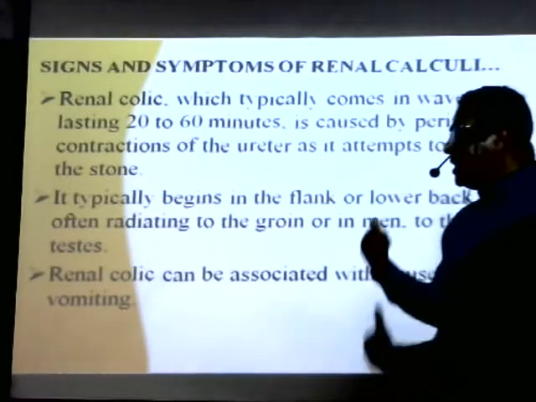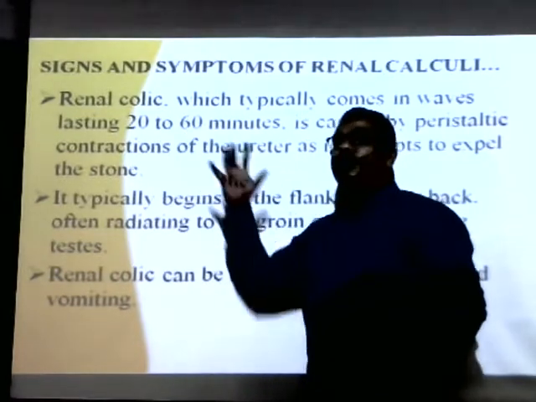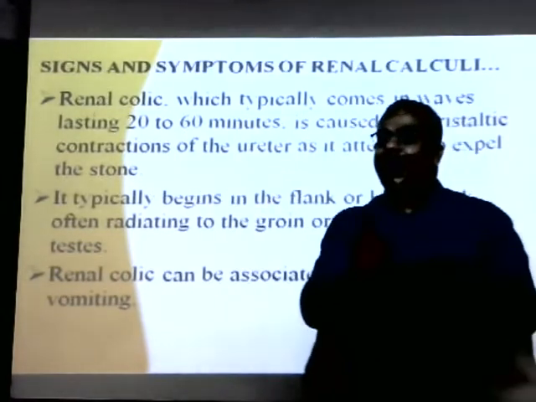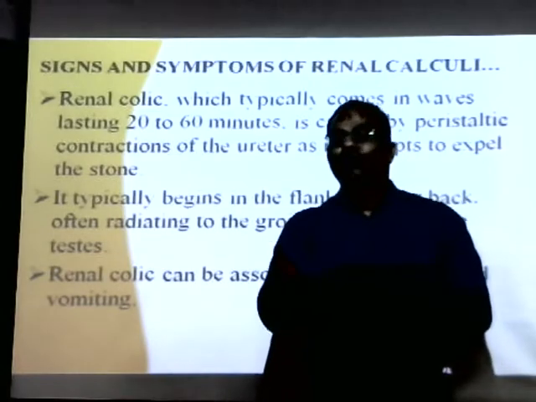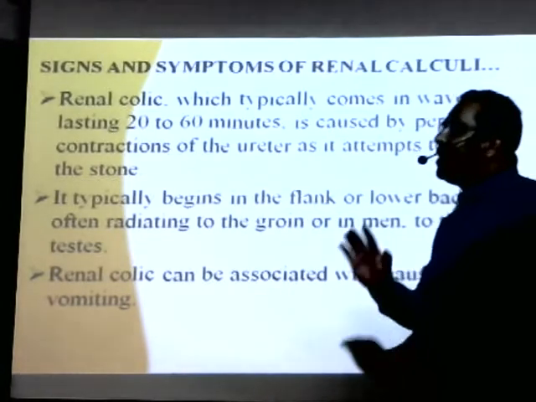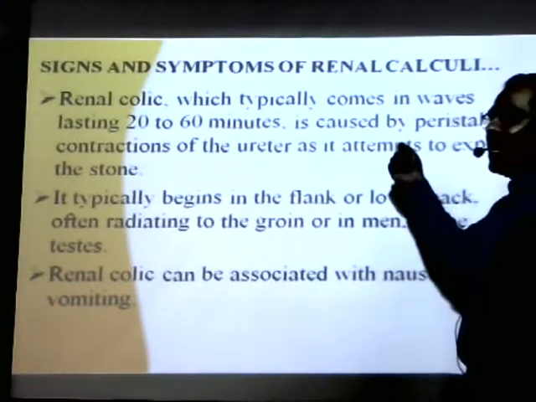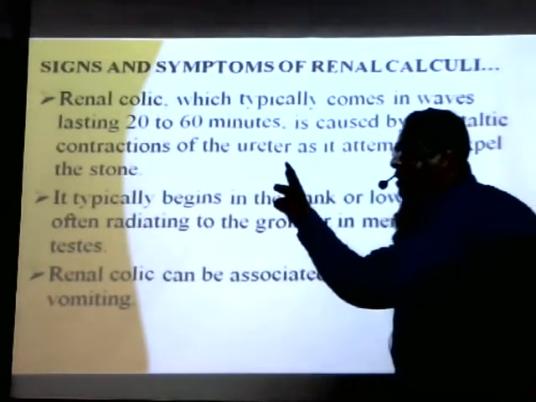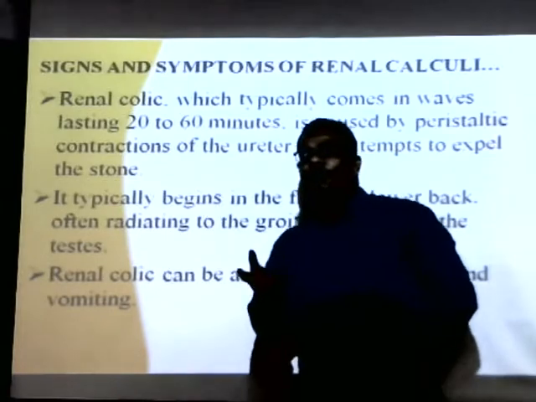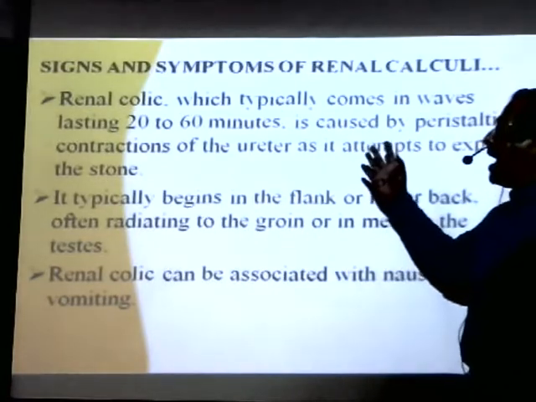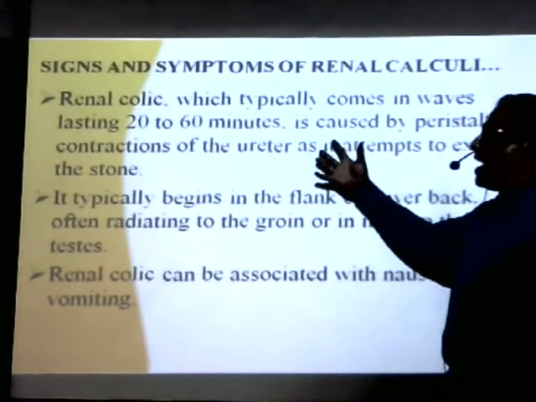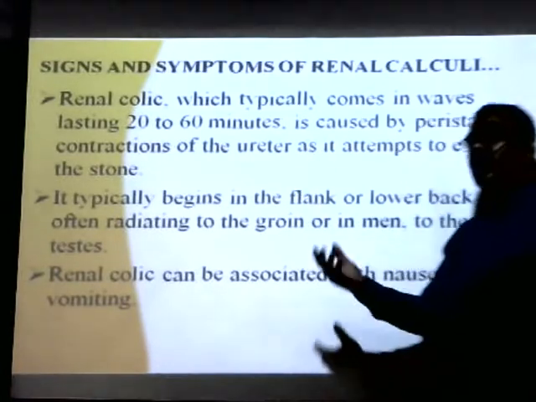Either this episode of pain might end up in expulsion of the calculi, or the other possibility is that the calculi size is more than the diameter of the ureter, which is around 8 mm. If the diameter of the calculi is more than the diameter of the ureter, it might not come out.